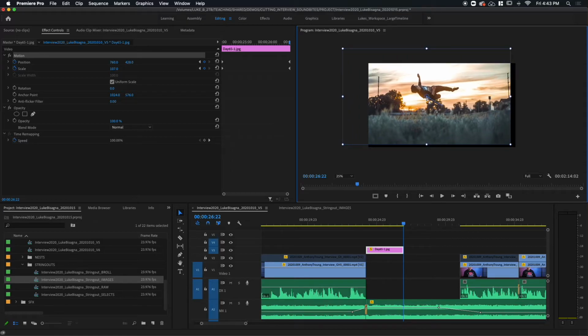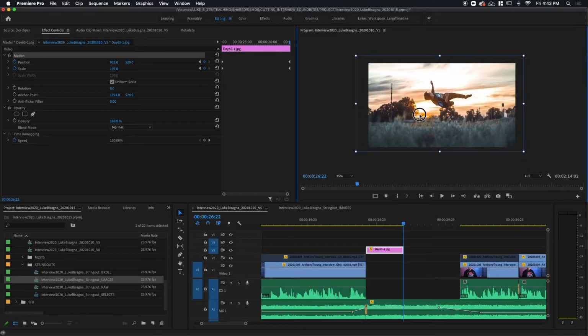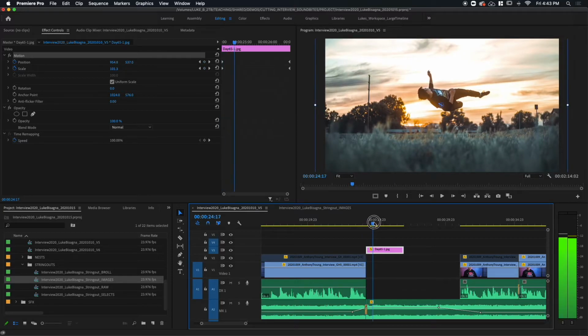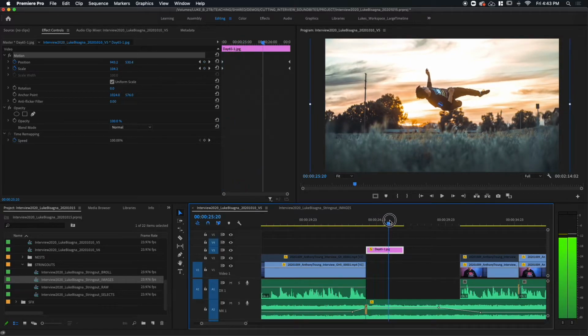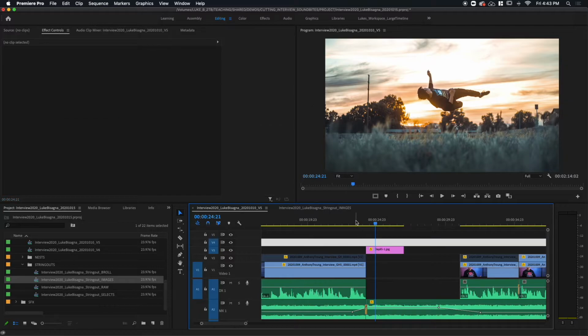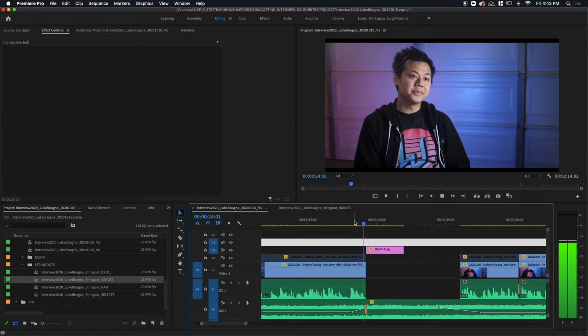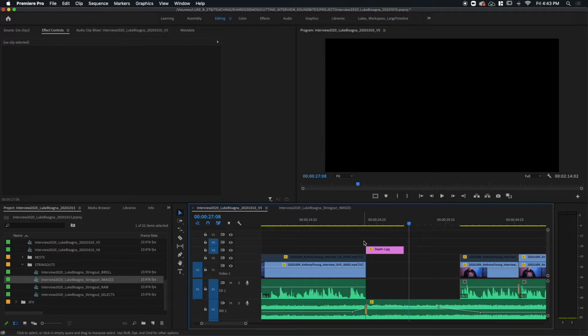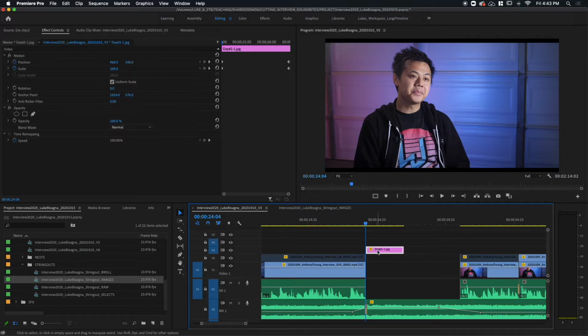First keyframe, last keyframe. I don't want to move it that much. Again, we're trying to do something very subtle here, so I'm going to move it just slightly. Zoom back in. And now, as it grows, it will also move up and to the left just slightly. You can see it move along that path. All right, so let's check that out. See how that looks real time. Nice. Like that. So that is still image manipulation using the motion controls in Premiere.